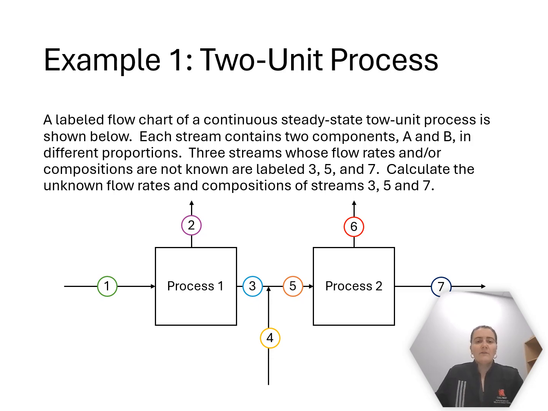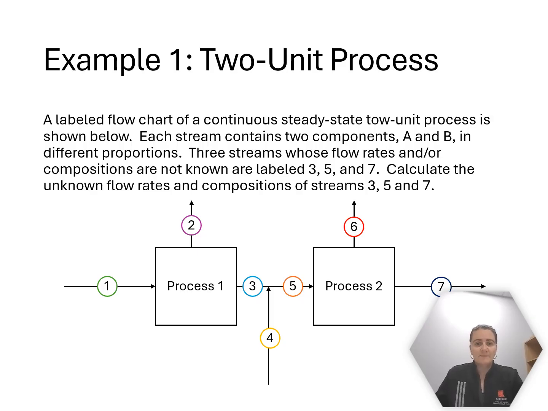Okay, so we have a process labeled where we have 1 and 2. We have a product from process 1, a product from process 2. We actually have 2 products from process 2. We have a mixing point in the middle. And you'll notice I've labeled each of these with numbers. If you're somebody who likes to color code, this is going to be a great method for you going forward,